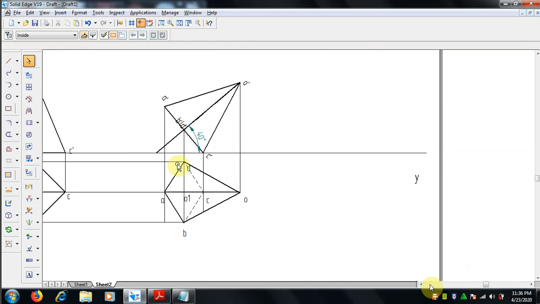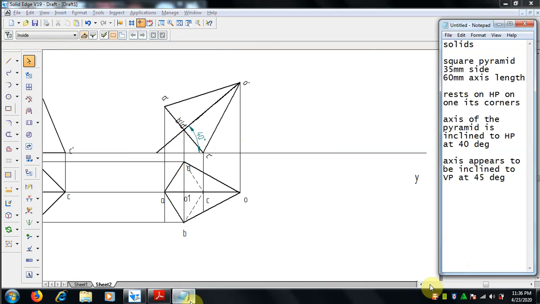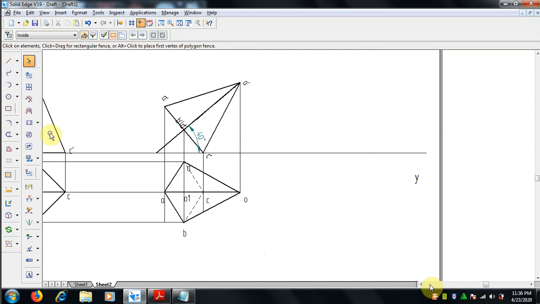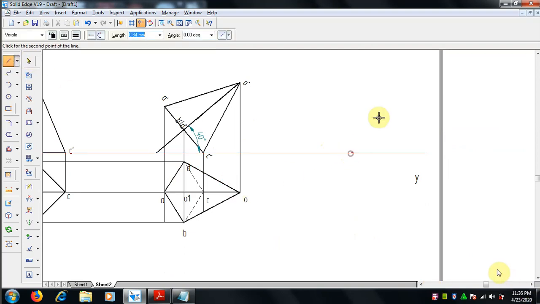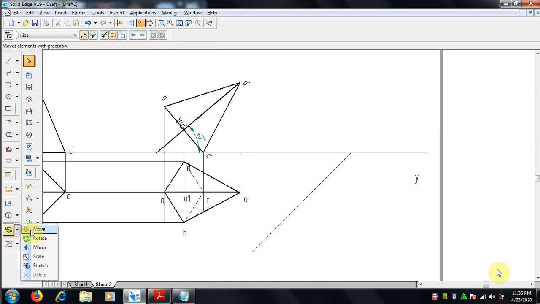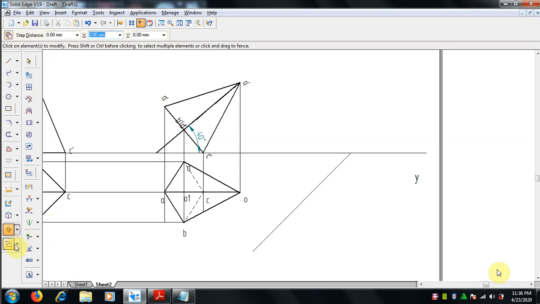What we have to do is draw an inclined line for VP with the given degree, that is 45 degree angle. We can draw downwards 45 degree. If I give it, it is in the upward direction, but downward is what we need to do, because in HP, once it is tilted, we have to move this with the axis here. So rotate